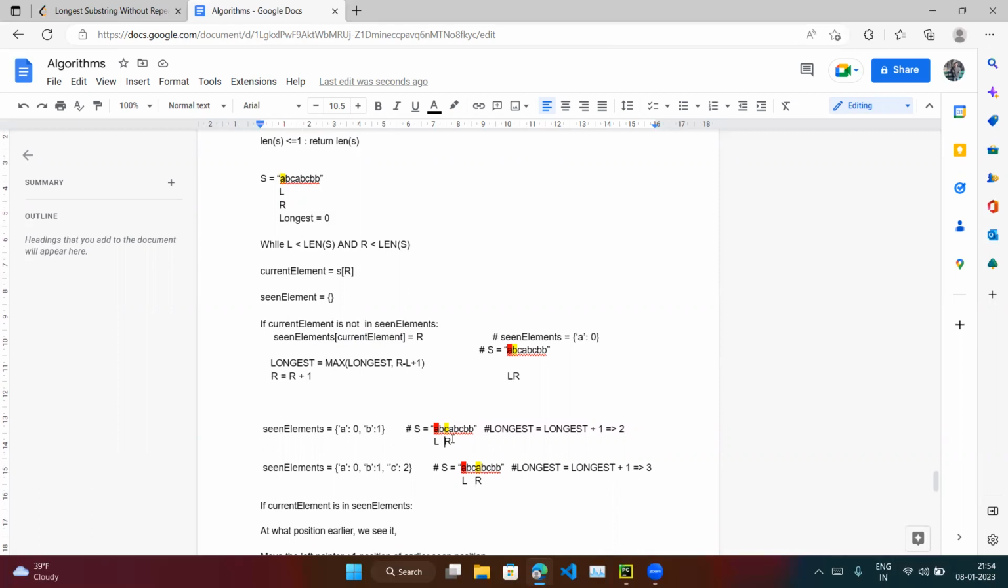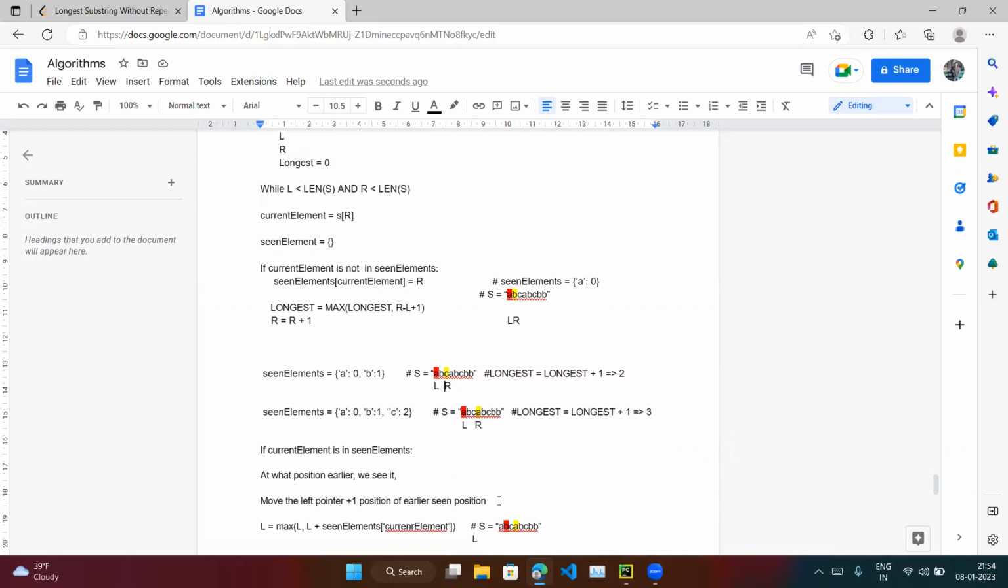All right. So now we will check C, whether C is in the seen elements? No. So we are going to store our C and we will increase our length. So length is now 3. Okay, fine. Now we will move our right pointer to A. Right now, right pointer is at A. So we will check